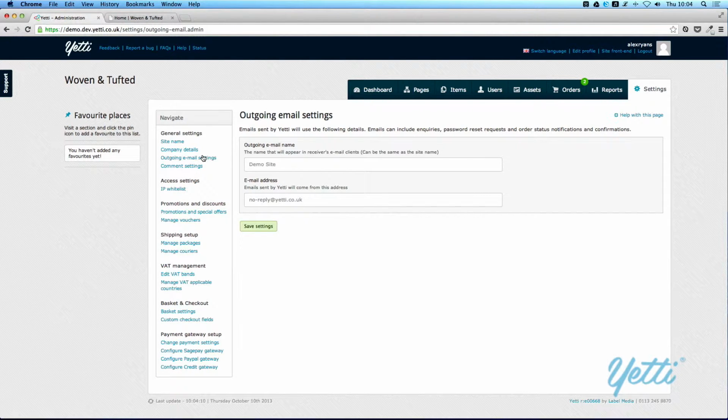Outgoing email settings are worth just taking a second to get right. They're always used when you are sending an email to someone else. The outgoing email name is what will appear in the receiver's email clients. So at the minute, if I received an email as a client from Woven and Tufted, the email would appear to be received from Demo Site, and the email address would be no-reply@yetti.co.uk. So I'm going to change this to Woven and Tufted, and I'm also going to change this to